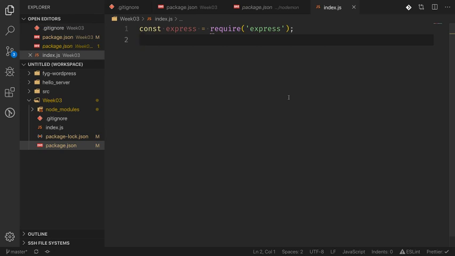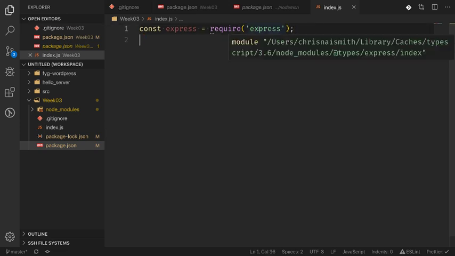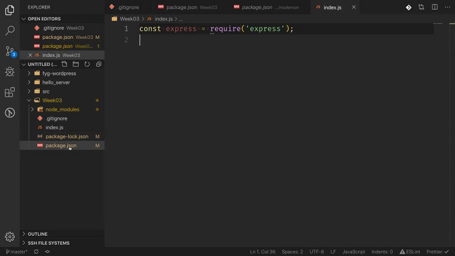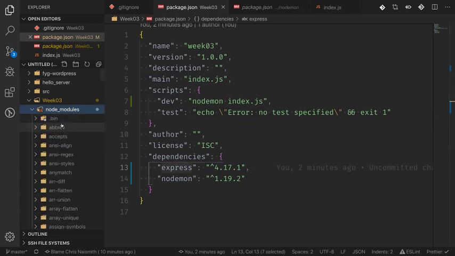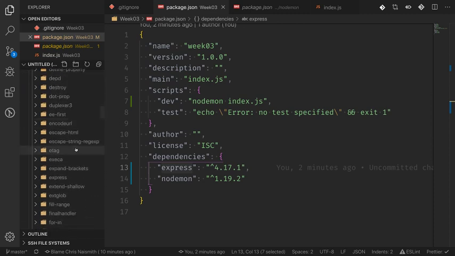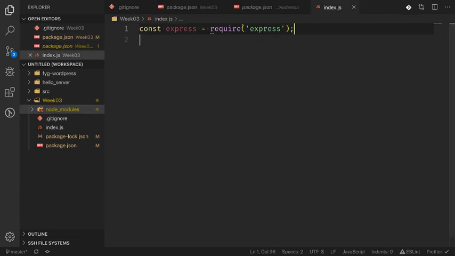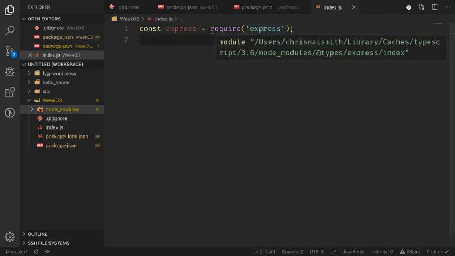Node by default uses what is called CommonJS. So CommonJS allows us to write code in one file and then be able to include it into another file. So in this case, we require express. So how does it know where Express is? So it's smart enough to read our package file and see that we have a dependency called Express. And actually kind of what it does is it looks under the hood, goes into our node modules folder, and finds Express. So it already knows where to find this. And in fact, in my editor, I can hover over it and see where it's finding the module. In this case, it's a cache, but